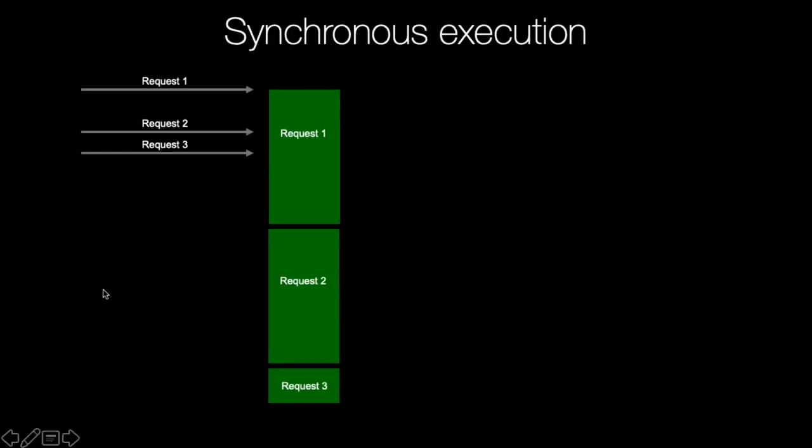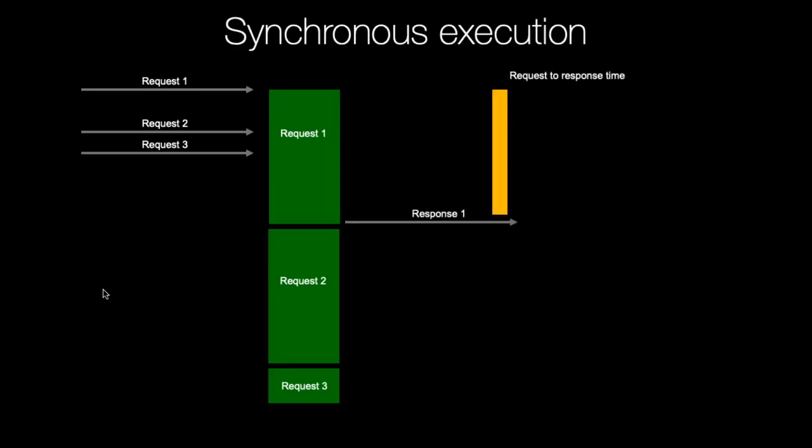So we have 3 requests coming in: request 1, request 2, and request 3. And the green bars, those are supposed to show how long each request takes. And of course, in a serial world, they're going to be processed one after another after another. So the first request comes in, we process it, we're going to send out some kind of response, and it took yellow bar amount of time from the perspective of the user. Right? They made the request, they got the response back.